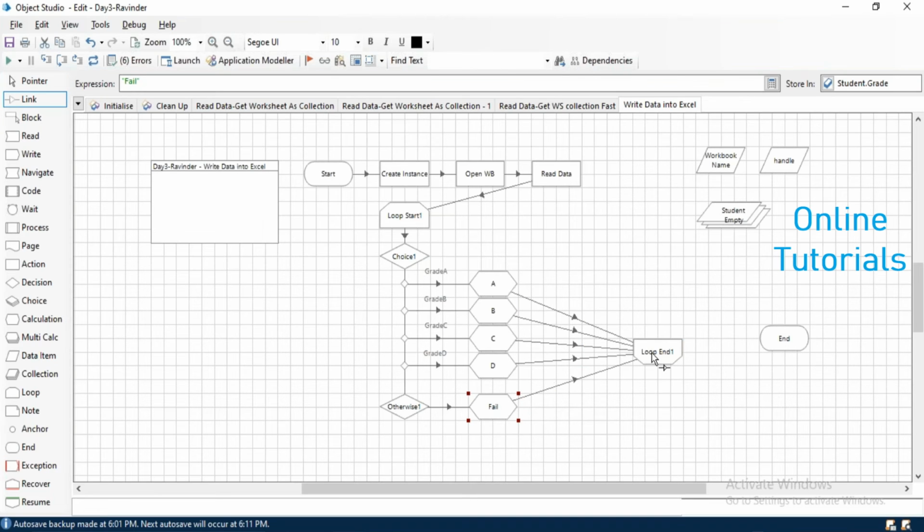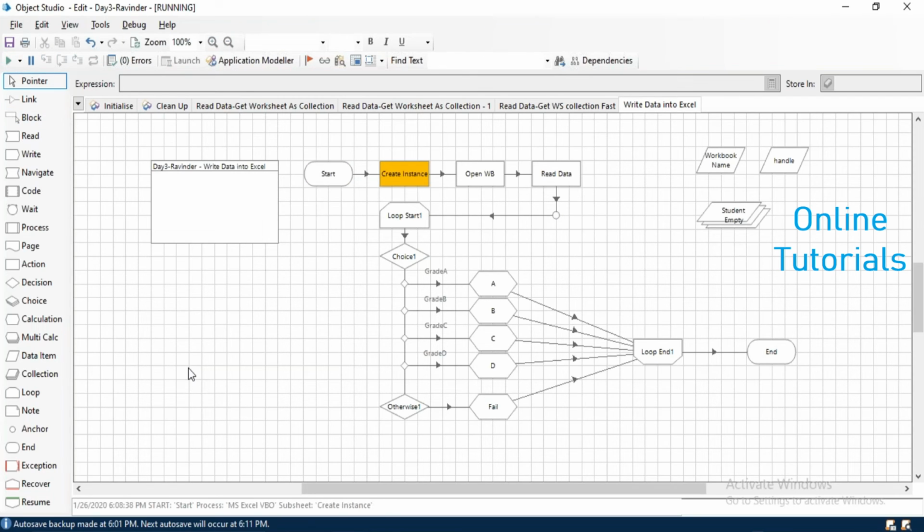And here I am just going to connect with AND. So now you can see there is no error. Just create a proper flow here. So we can use this anchor stage. Anchor stage is nothing but creating a proper flow. So I can connect this one, read to anchor, then anchor to this one. This anchor stage is basically used to create a proper flow. That's it. Now if I execute this one, you can see it is going to read the